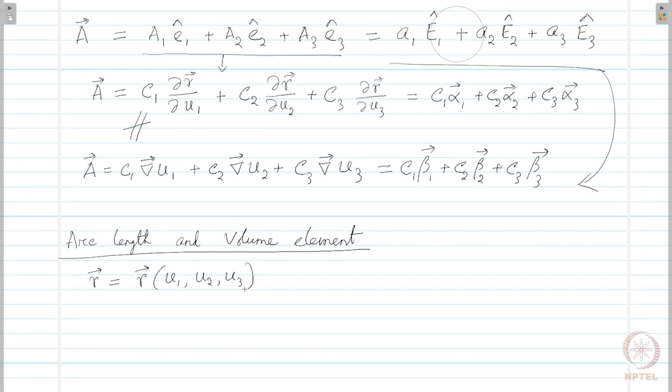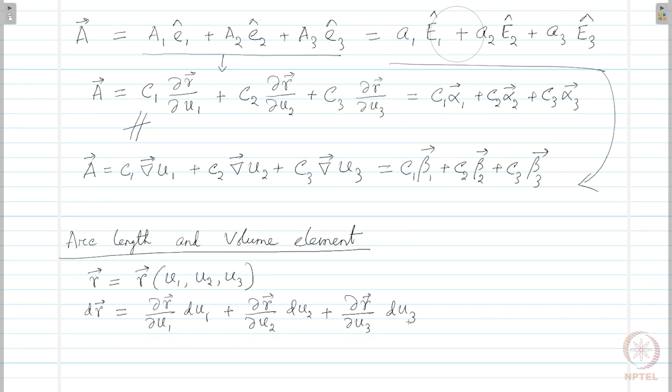Then we can write dr as ∂r/∂u1 du1 plus ∂r/∂u2 du2 plus ∂r/∂u3 du3,